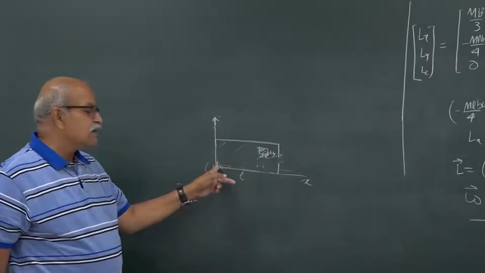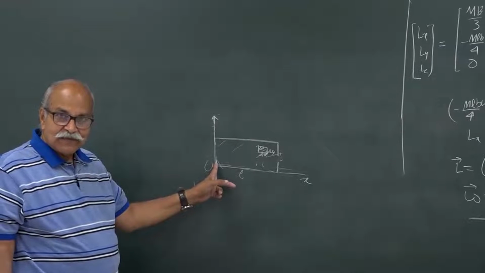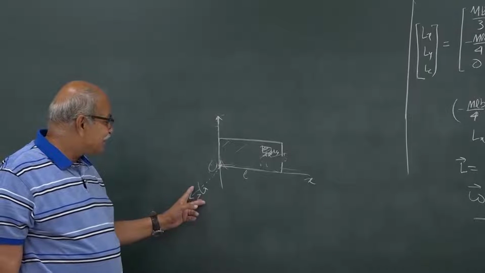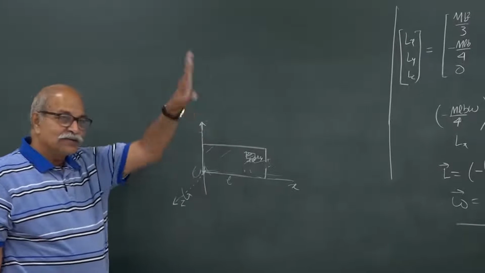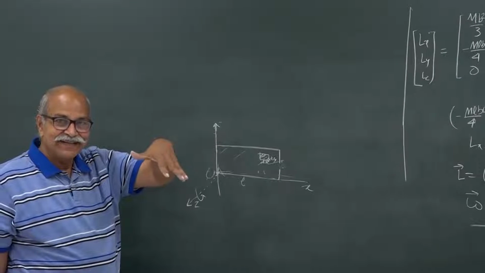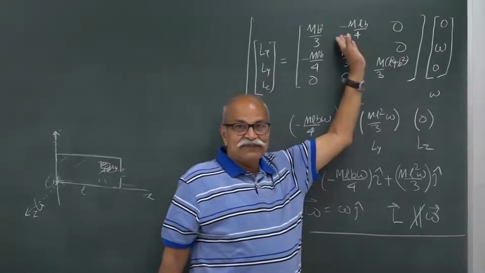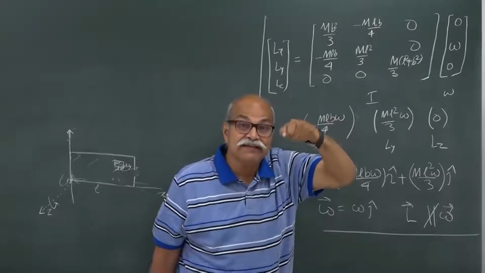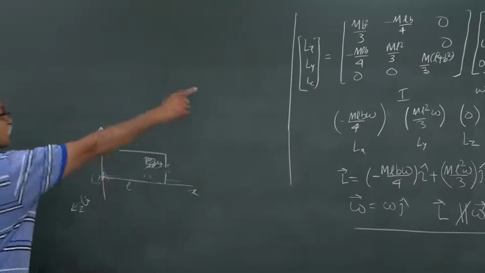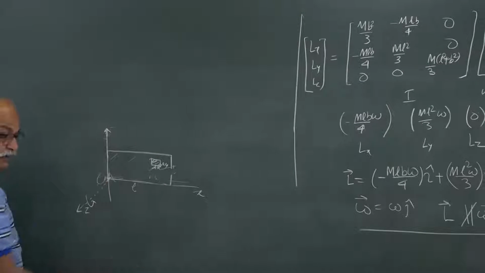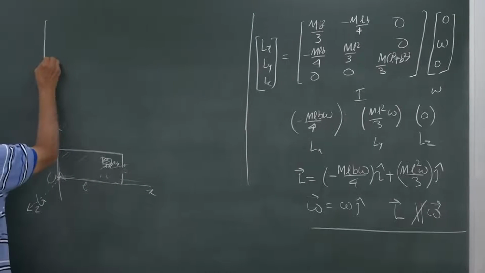Now, moment of inertia of this plate about this origin is a fixed quantity, wherever the omega vector is, that does not matter. Moment of inertia is given by all those I x x, I x y, I x z, and in that omega does not come, omega comes later. Moment of inertia, as long as that point O is fixed, is the same moment of inertia, and therefore, the same moment of inertia will be there. In fact, I can work there itself, or let me write, it is the same moment of inertia.